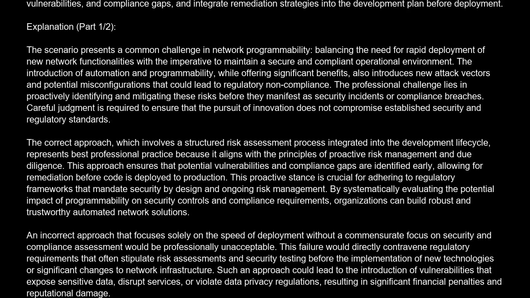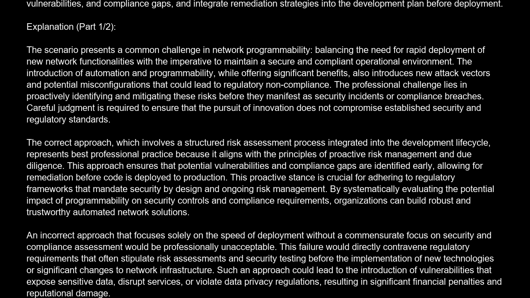and regulatory standards. The correct approach, which involves a structured risk assessment process integrated into the development lifecycle, represents best professional practice because it aligns with the principles of proactive risk management and due diligence. This approach ensures that potential vulnerabilities and compliance gaps are identified early, allowing for remediation before code is deployed to production. This proactive stance is crucial for adhering to regulatory frameworks that mandate security by design and ongoing risk management. By systematically evaluating the potential impact of programmability on security controls and compliance requirements, organizations can build robust and trustworthy